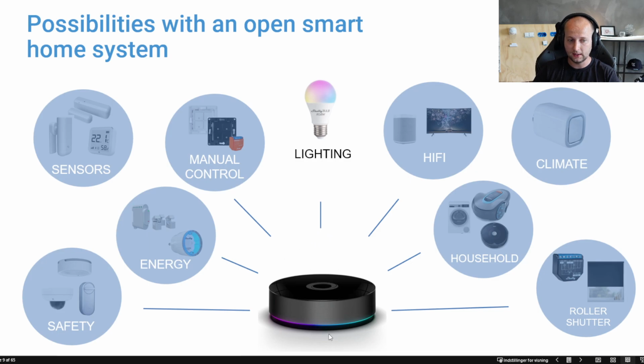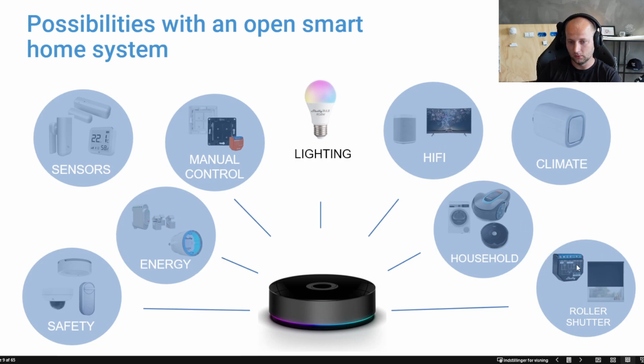And now you can see that there is some kind of a smart home gateway here. So this is just an example. I'm showing you right now the Athom Homey gateway. It could also be Home Assistant or SmartThings or any other third-party gateway that can integrate different kinds of systems in one solution. Because I think this is needed, because as far as I know, and I have worked with many different kinds of systems over the last many years, I have not seen a single system that can do all of this in a closed system.